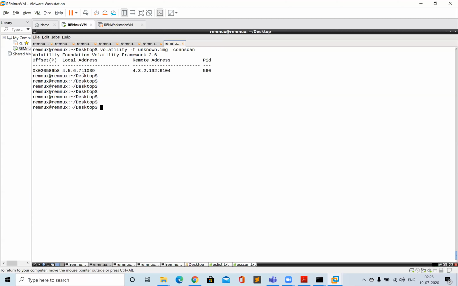So there are two scenarios, which I'm repeating. The first scenario is that the hidden process 560 is trying to communicate to this remote address. The second scenario is that this process is a backdoor and the attacker is trying to connect to this local address, the system.